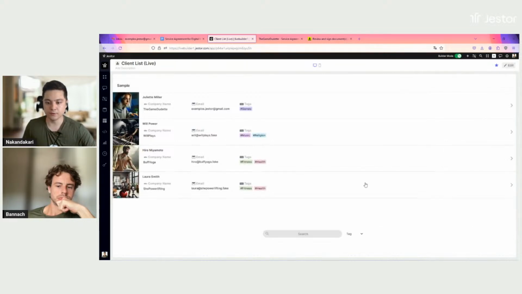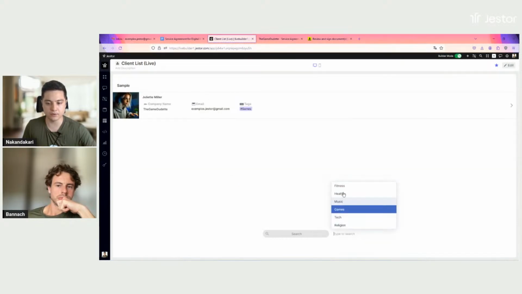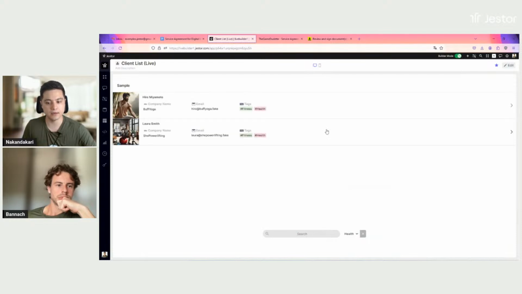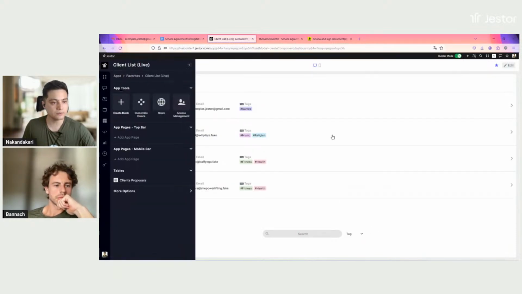And the filter is down here, but then I can come here and select games, and it's going to filter. Juliet is the only one in games, but I can go here to health, and it filters out. Cool. So let's go back to create block,